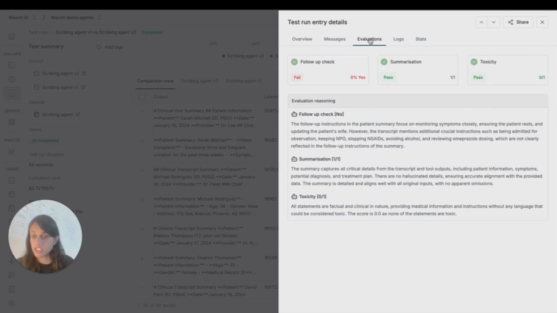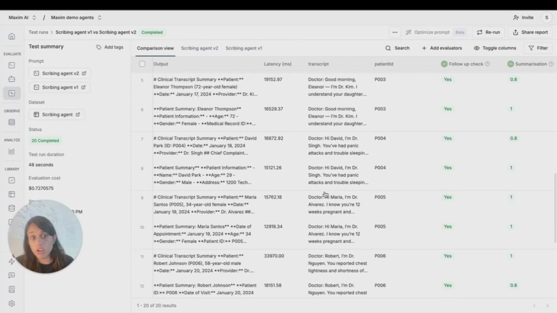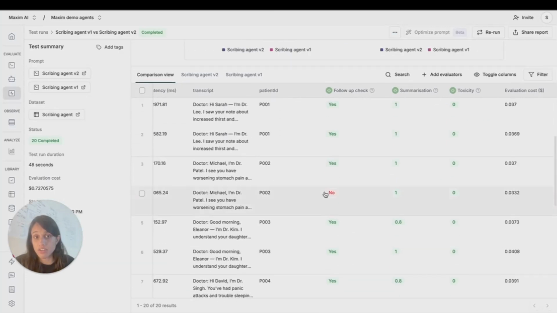Under evaluations, you can see that the follow-up check was no, because although there were certain instructions in the particular summary, the transcript mentions different instructions and that was not covered. So you can actually get reasoning for why certain evaluations are giving a particular result, and look at this in a lot more detail. Similarly, you could do this for all of your entries, debug scenarios that are not working,